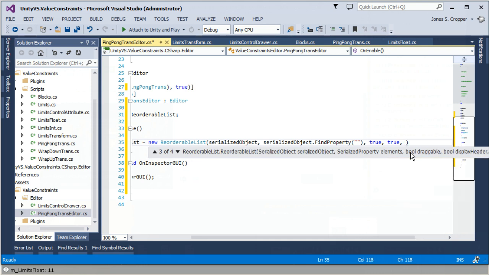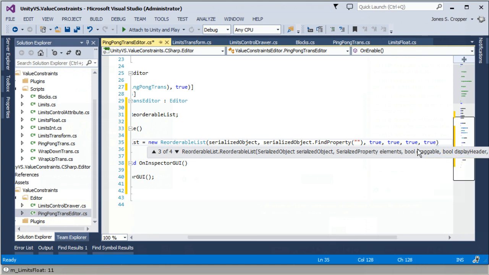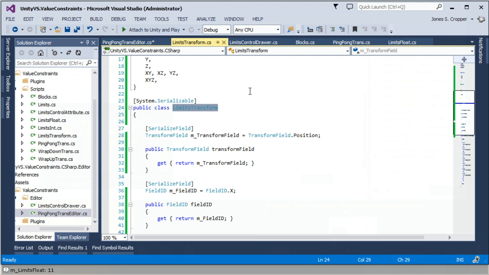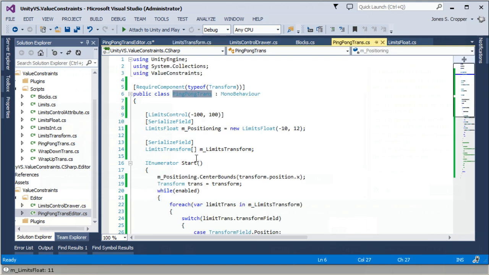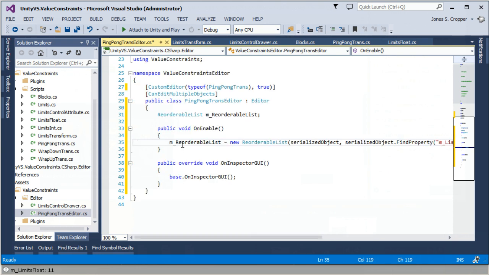Let's display the header, display the add button and the remove button. Okay, and the next important thing is to grab the actual value. So this is the field name that it's going to be looking for here, and that's what we need to draw. So now in OnInspectorGUI, we can